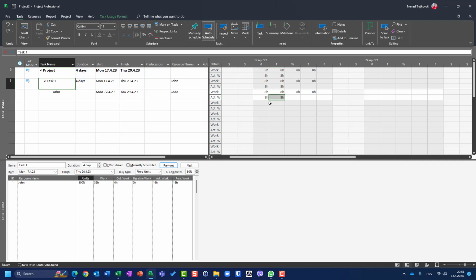Let me now go back here, and let me say that John worked 16 hours already. He needs 16 hours more. He's at 100% units, 100% available. But this task has fixed duration. It means 4 days, no more, no less. Now, if I change the units from 100 to 50%